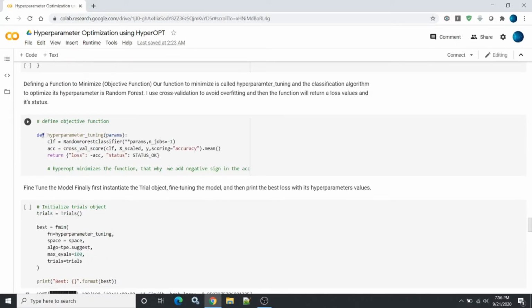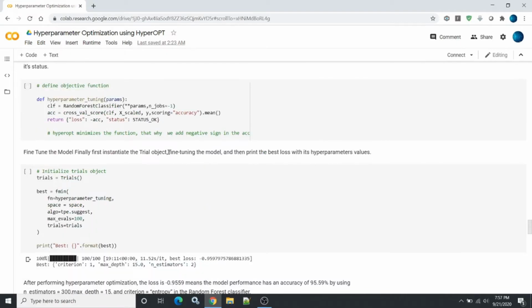So here I'm defining a function called hyperparameter tuning with the parameters, my classifier is the random forest classifier, and then the cross validation score. Internally I'm running the cross validation score, and the performance metric I am interested in here is accuracy. You can put any other metric like F1, but here I'm more interested in accuracy. Then you return the loss value, and the status.